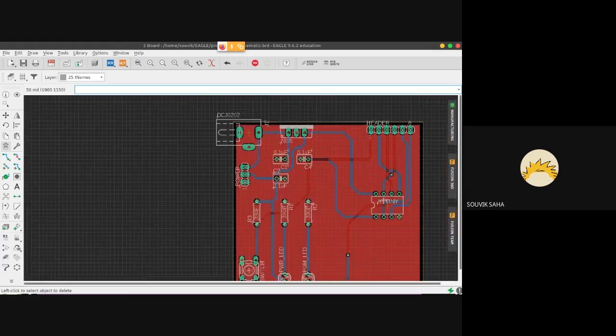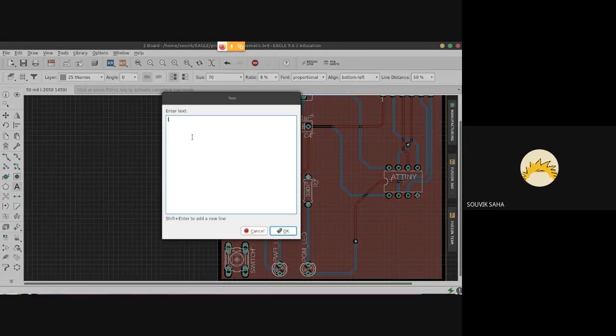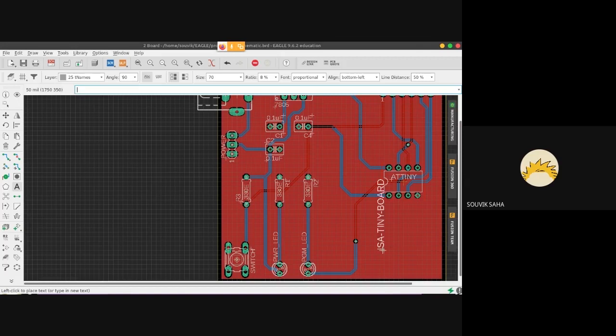I can go and delete some names if I want. If I want, I can also edit names. But here I want to add my name. So here I've added my name. I say tiny board. I don't know, I just thought of it randomly.